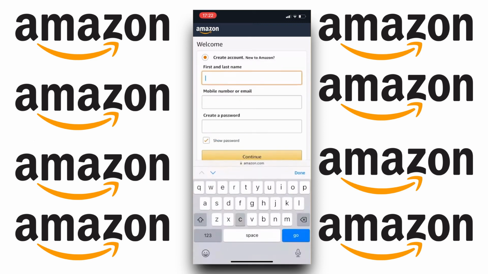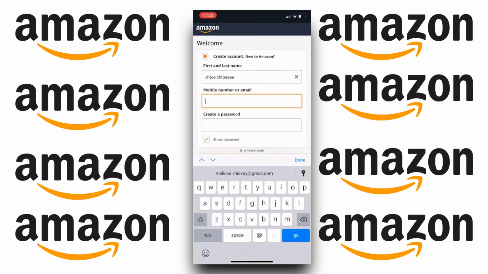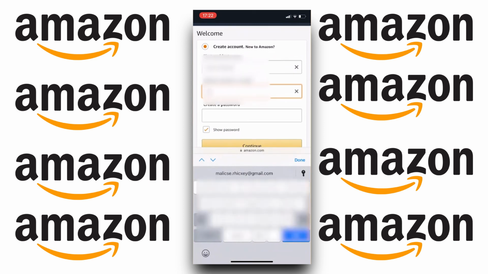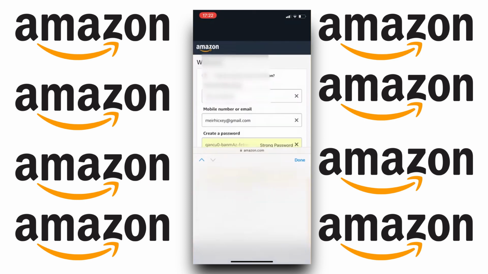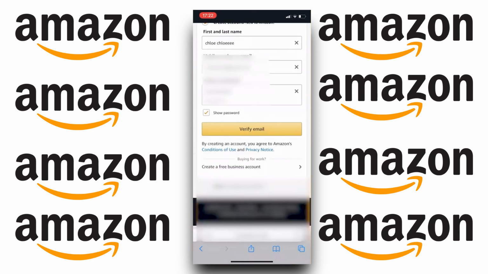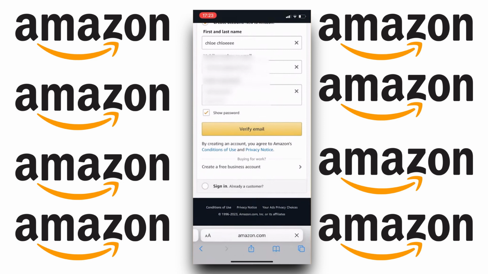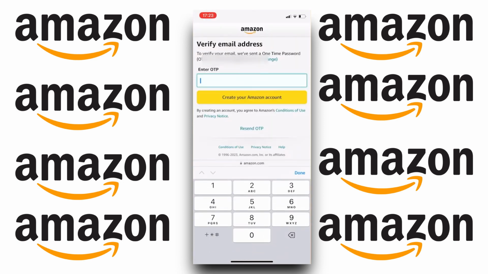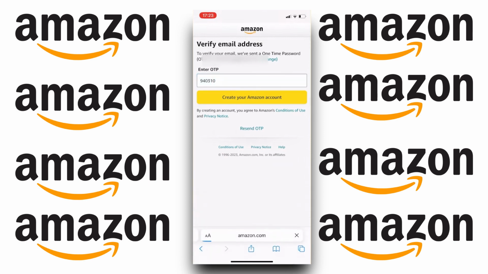Now fill up the form with your information, and here under mobile number or email, you can just use your email address. After your email address, you can create a password, and after this one, you can tap on verify email. So open up the email that you registered and copy the code sent from Amazon and tap on